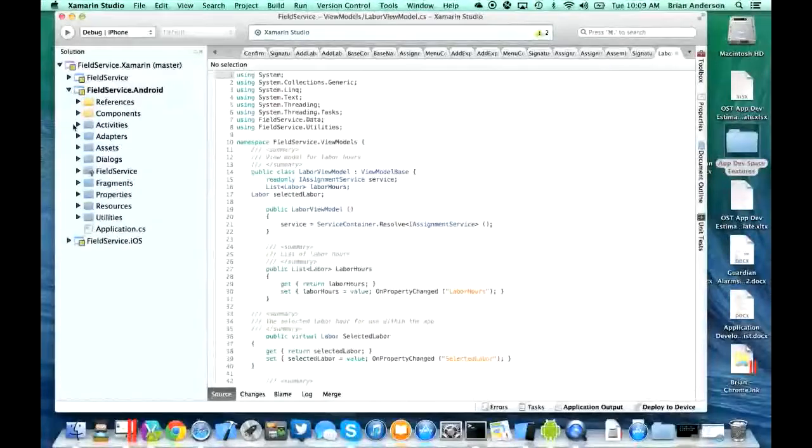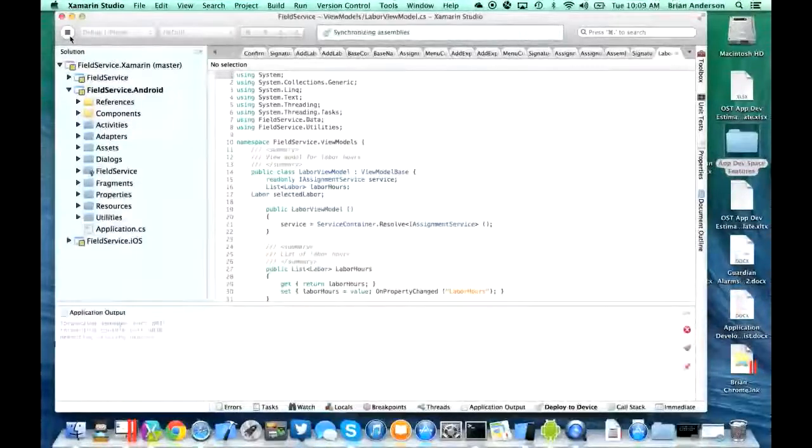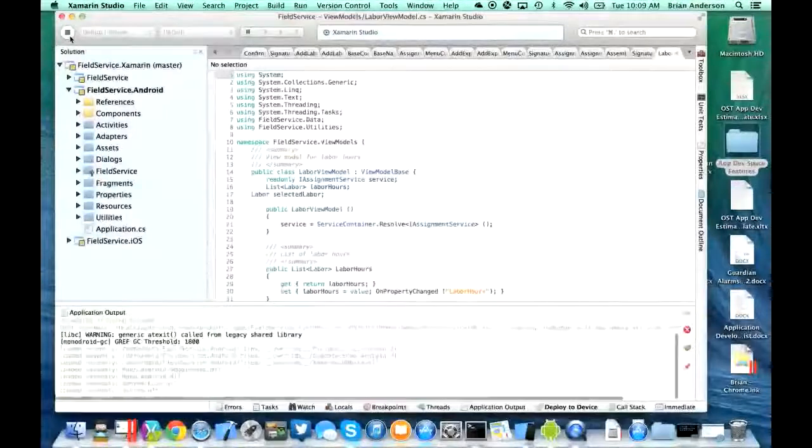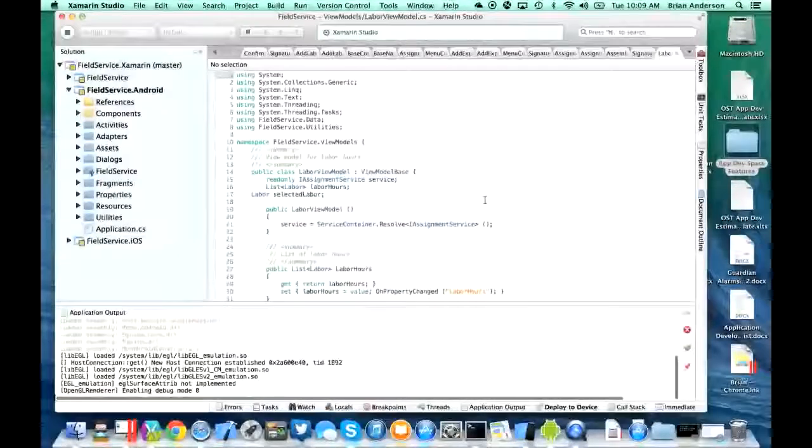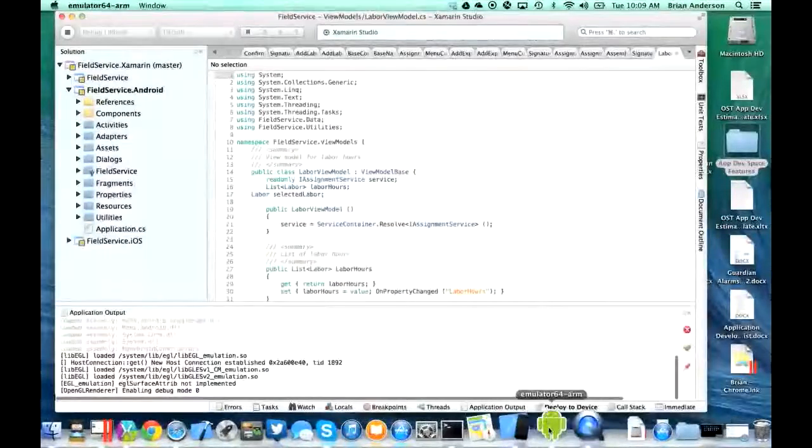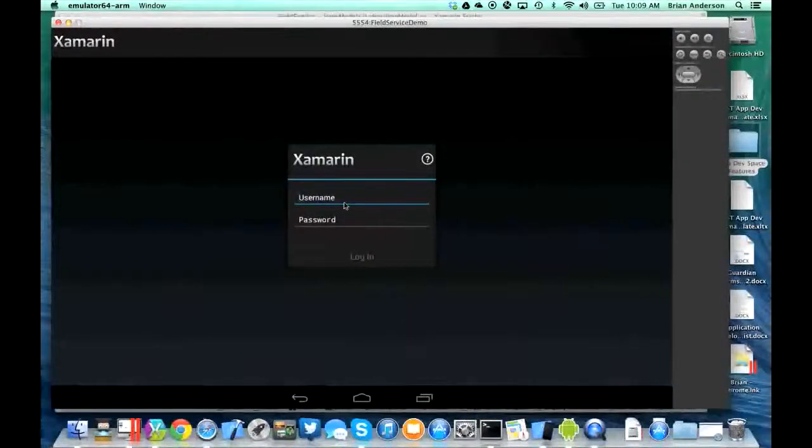So I'm going to start with Android to show you an example of this app running here on the Mac. So I hit execute, and it's going to start up the emulator, and it's going to then push those changes to the emulator. And then it should pop up here in just a moment. So here it is. I then can, within Android, go into this application. It's called the Field Service application. It's on GitHub. It's a really great reference app if you want to learn.